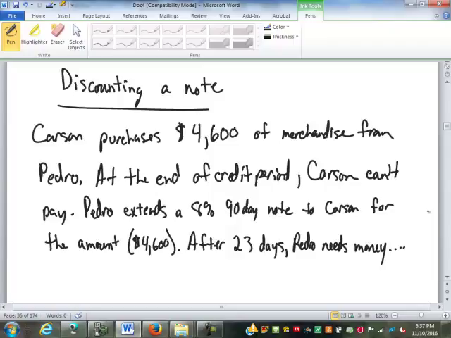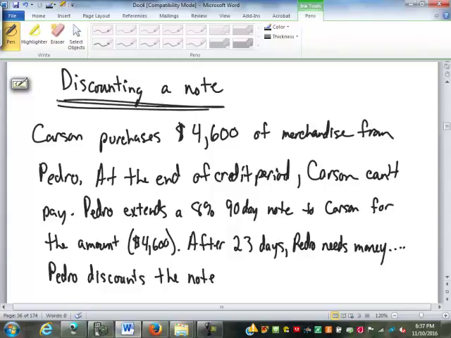So Pedro's other option is to go to the bank and say, hey, this guy says he's going to pay me this much in 90 days. I need to borrow against it. So that's what's going to happen here. Pedro discounts the note, hence the phrase discounting a note, to a bank